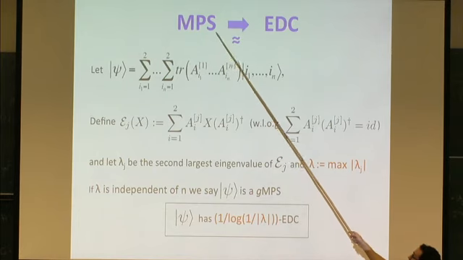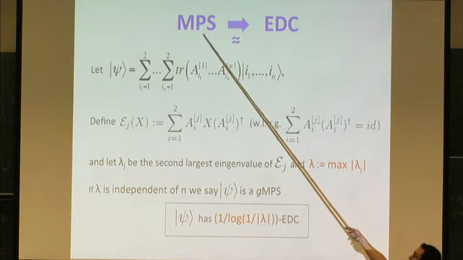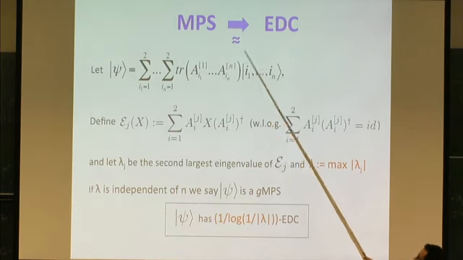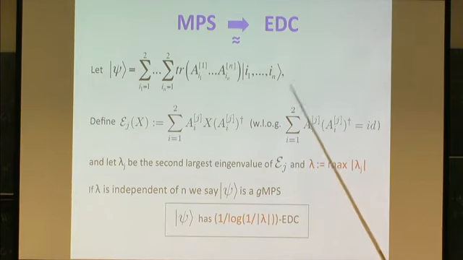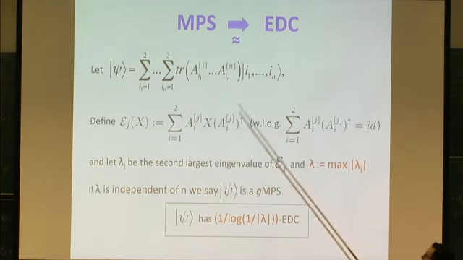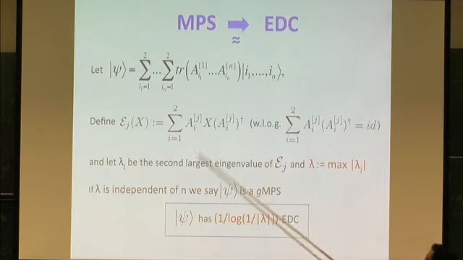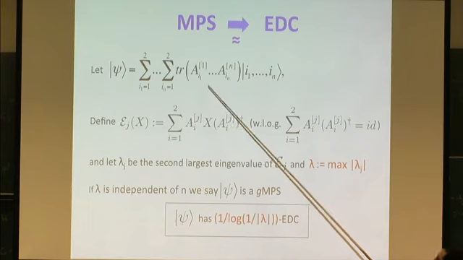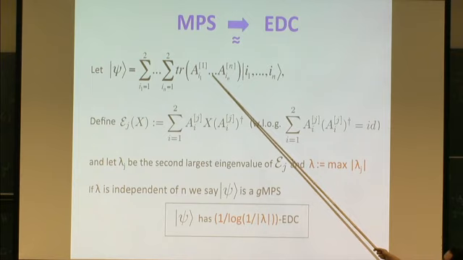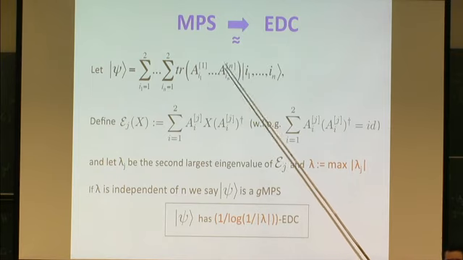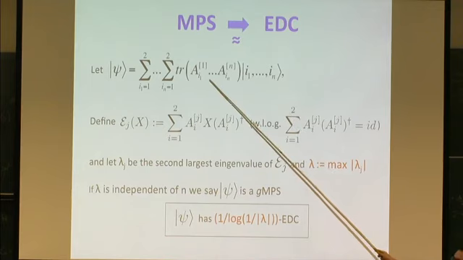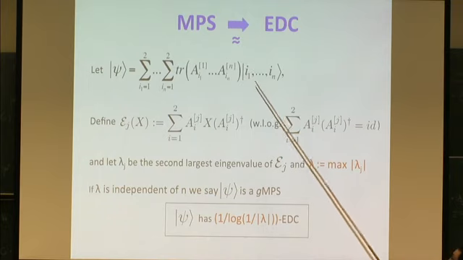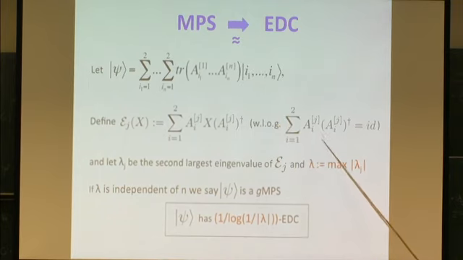What is known is that if you have an MPS, then this, up to some caveats that I'll tell you, implies exponential decay of correlations. Okay? So let me briefly show you how this is done. The details will not be very important either, but let me just give you a flavor. Suppose you have this matrix product state. There is actually some freedom in these matrices. You can choose many different matrices that give rise to the same state. And in fact, you can always choose them to satisfy this condition, for each j.